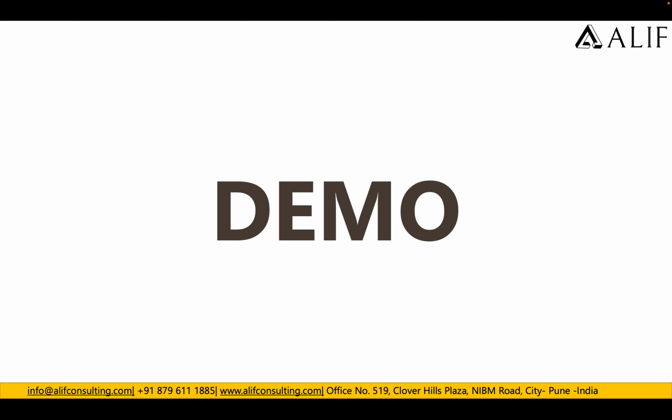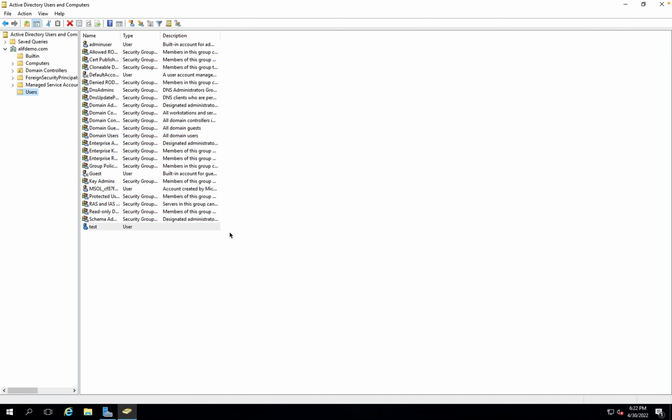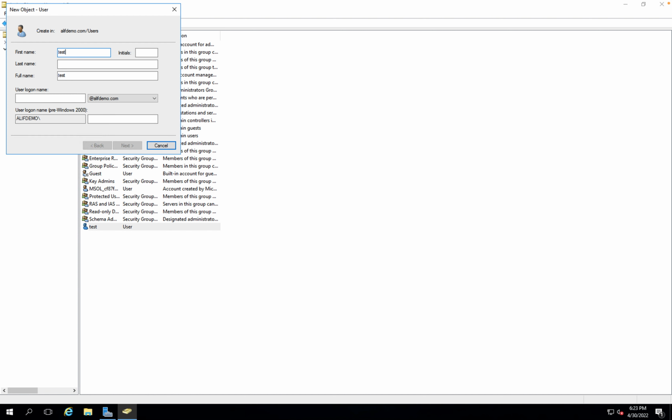Well, let's quickly jump to the demo. In the demo, I am going to show you how your Azure Active Directory can replicate from on-premise to the Azure cloud. I already have a domain controller, and this domain controller is already getting replicated to the Azure AD using AD Connect. And if I go ahead and create a user like tester1,